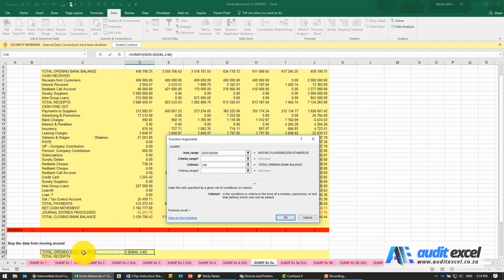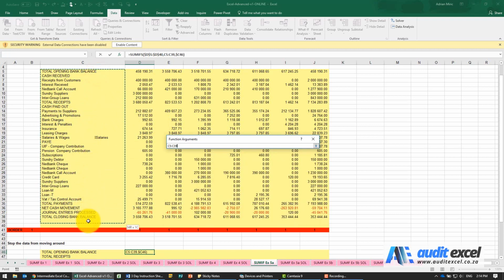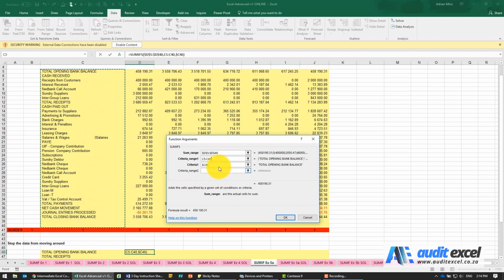And because I know we always want to look at column C, I'm going to put a dollar sign in front of the C. In the criteria range, I know that it must always look at this column C. I'm going to put dollar signs everywhere. If I leave it like this, when I copy across, even though I'm in column I, it'll keep adding up column D because we put dollar signs everywhere here. So I'm just going to remove the dollar signs from the letters, from the D.